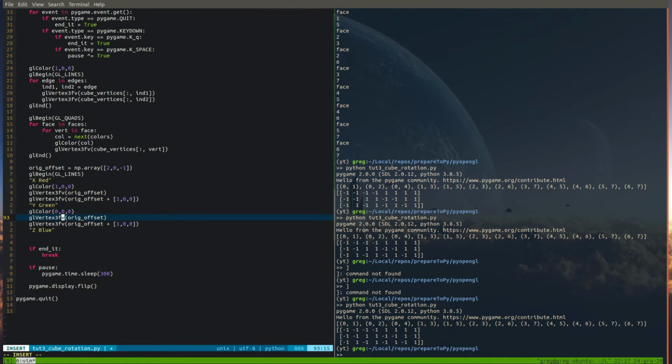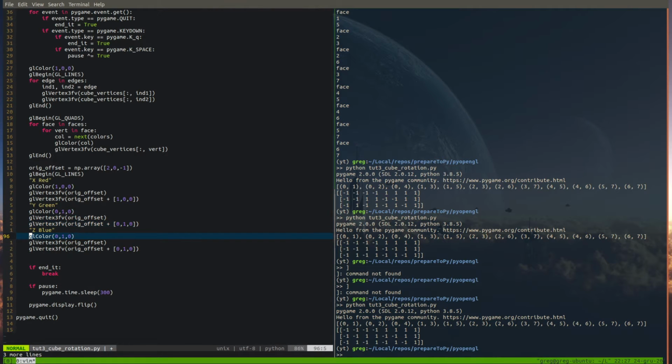Okay, we will change color to green. We will leave our offset and change y direction, and so on with blue, also small modifications. Okay, we had GL begin, so we can now GL end. Okay,